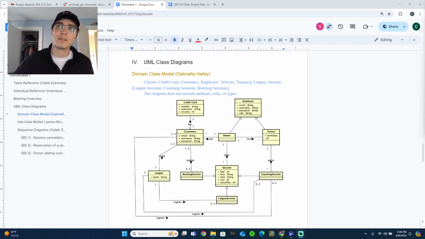We brainstormed a few methods and functionality we would need and ended up on three ideas that could be shown in the sequence diagrams. These were session cancellation, reserving a session, and the owner adding customers to the system. We did not end up deliberating too long on either of these, as their purpose and functionality became clear during